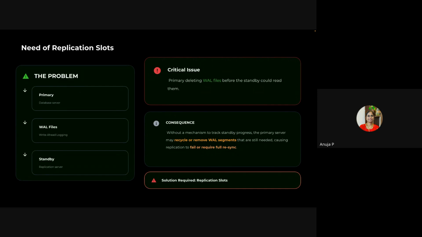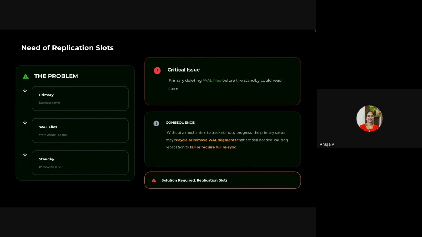But the primary didn't have a proper mechanism to track which WAL file was currently being used by the standby. So it would not retain the WAL files, and there were chances of deleting WAL files which were still needed by the standby. This was a major drawback because we had data being lost and the replication also failed.